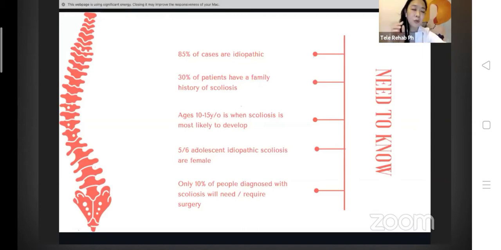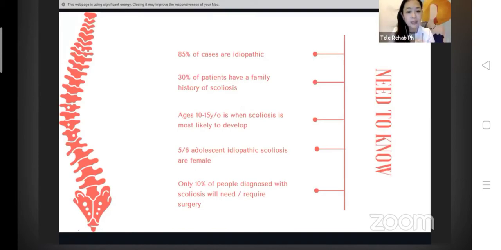Every year. Because if your curve is increasing by 1 degree per year, it means by the time you're 30, 40, 50, your curve is 50 degrees already. When you're 60 years old, 60 degrees already. You have to catch that. If it's increasing 1 degree per year, then we have to do something about it already. Okay? And with regards to that,